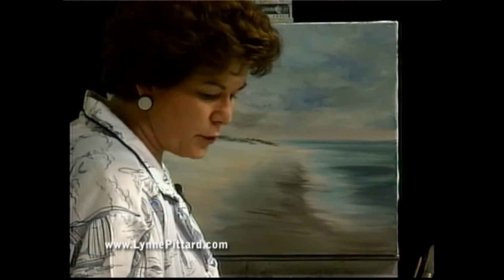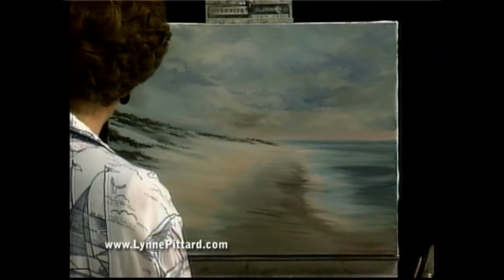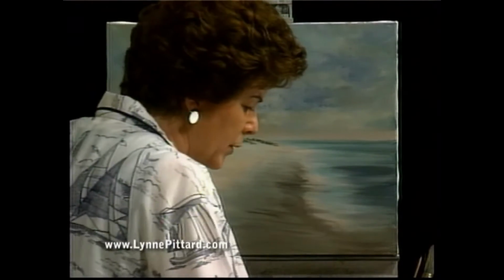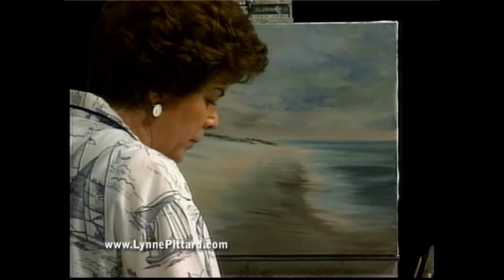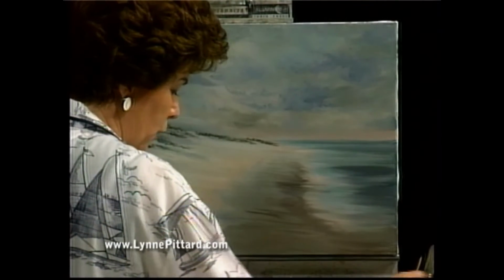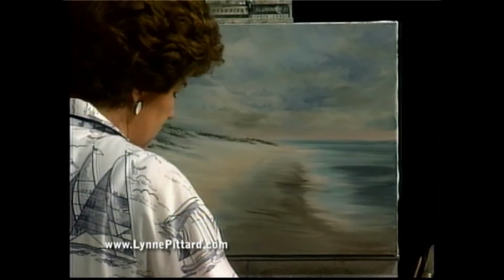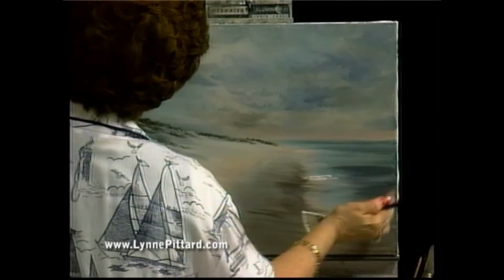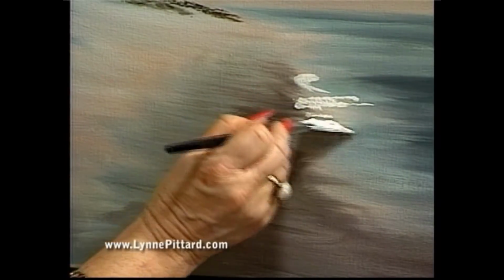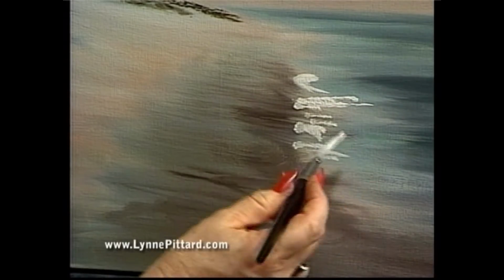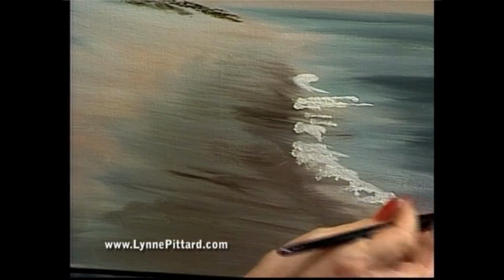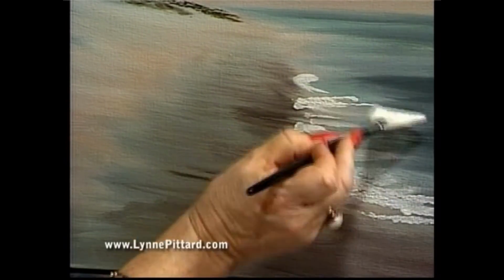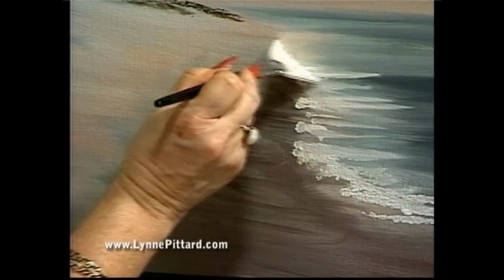One illusion that I would like to touch on before I get into the little footprints and maybe some seaweed patches down in here is the white. I'm going to use this tube white because it will grab a little better. The basic oil white is a little too easy flowing, and we want to try to create these little patches of the foam as it comes in. Now first I'm going to tap right along that same area and get a little bit of application of paint, and I'm just tapping with the straight edge of the fan brush, and then I'm going to start pulling it out to sea